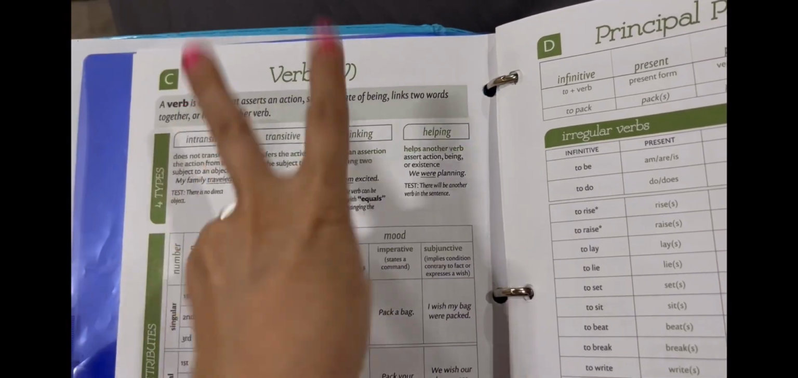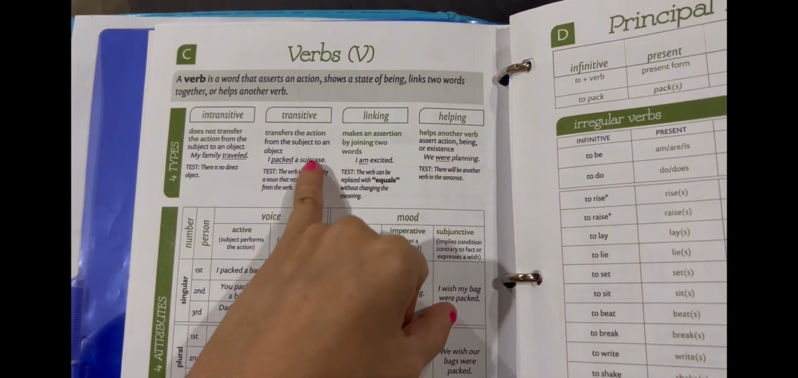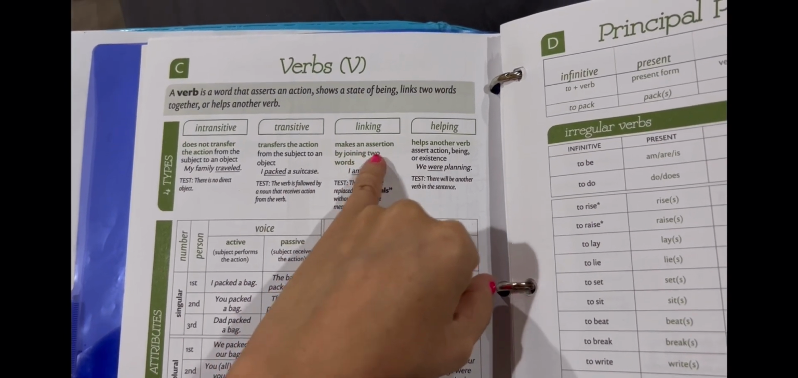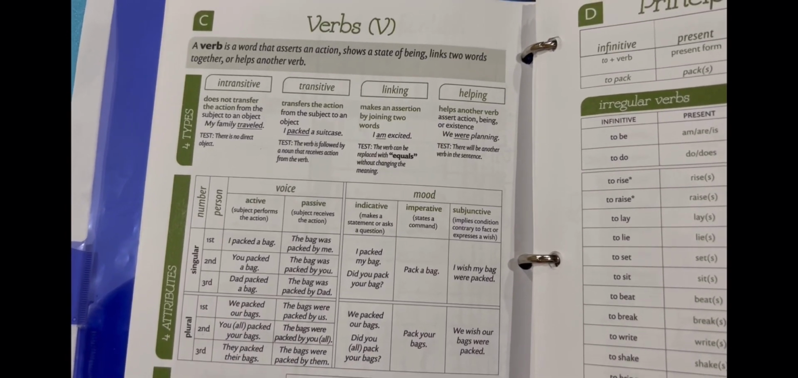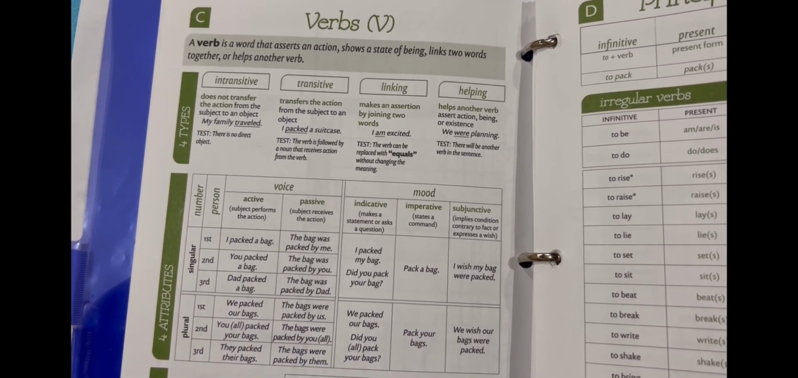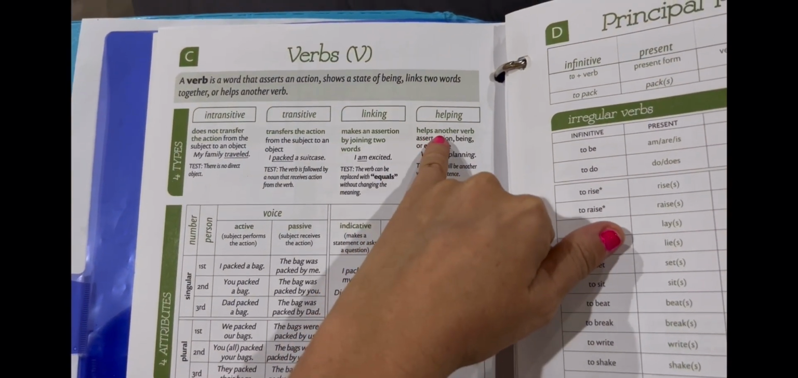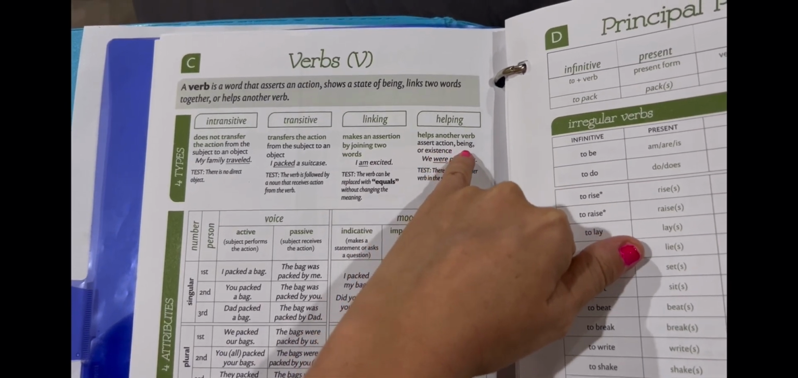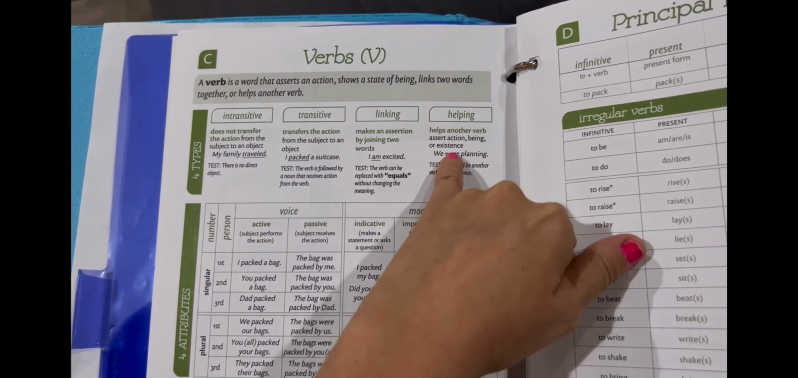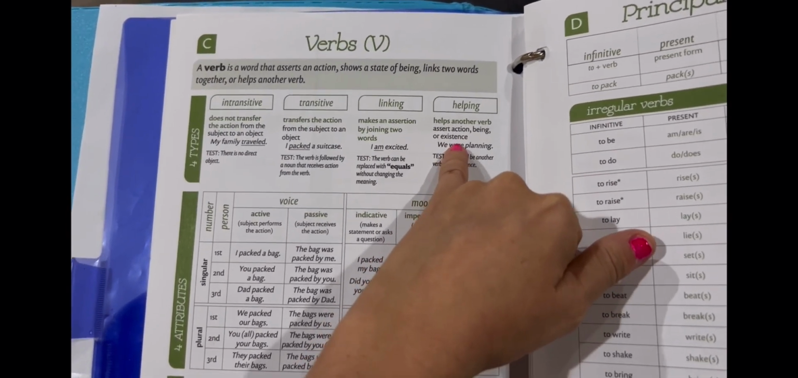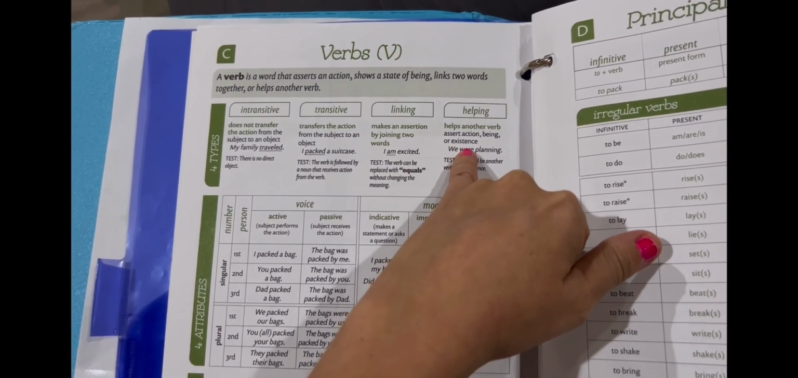There are still two more types of verbs, and they're linking and helping verbs. A linking verb makes an assertion by joining two words. Feel, become, remain, taste, seem, appear, look, sound, stay, smell, grow: linking verbs. Helping verbs help another verb assert action, being, or existence. Helping verbs: do, does, did, has, have, had, may, must, might, should, could, would, shall, will, can. Helping verbs will lend a hand, and they include the to be verbs: am, are, is,